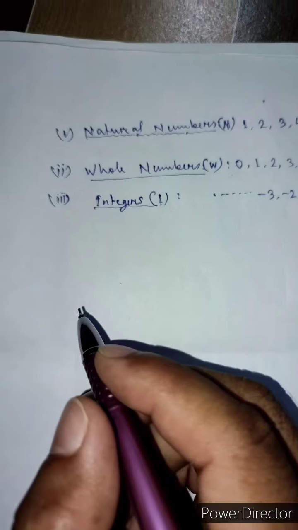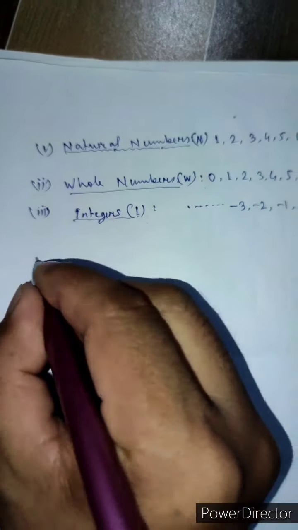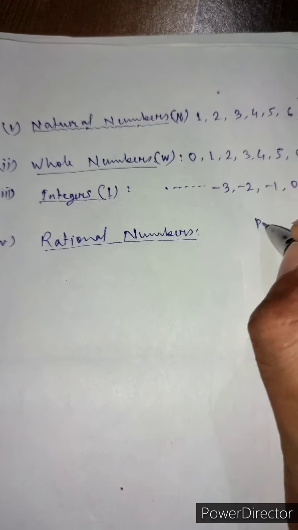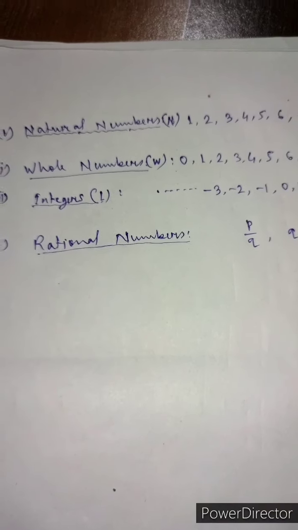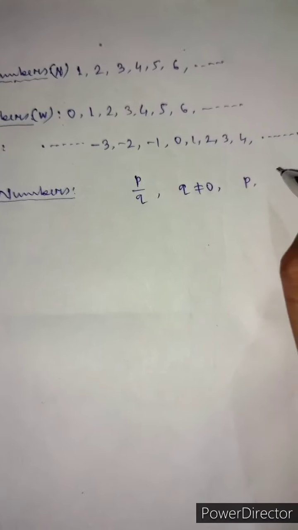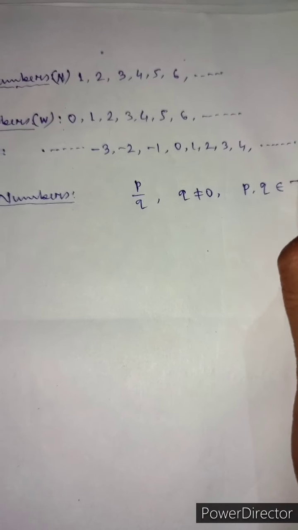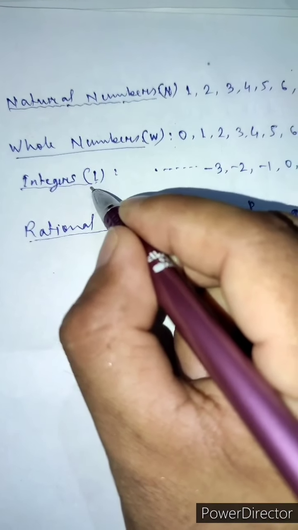After integers, let us know about rational numbers. So rational numbers are the numbers which can be expressed in the form p by q, where q is not equal to 0, as well as p, q belong to Z. Z means integers, or sometimes I also. The integers are expressed by I